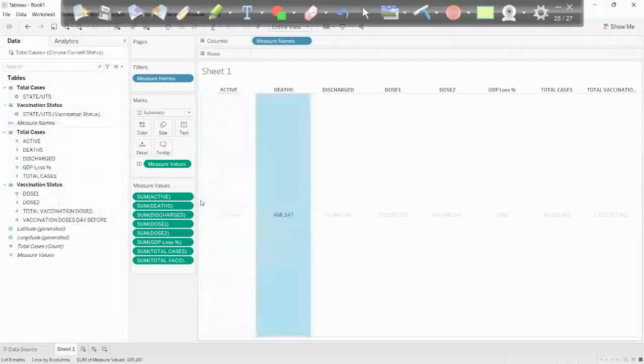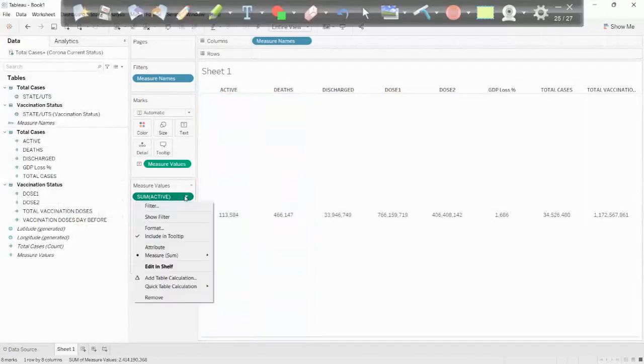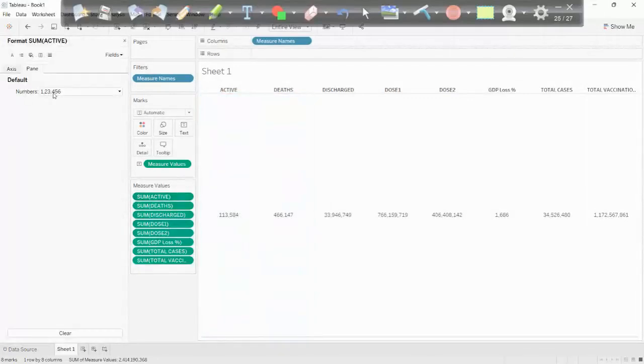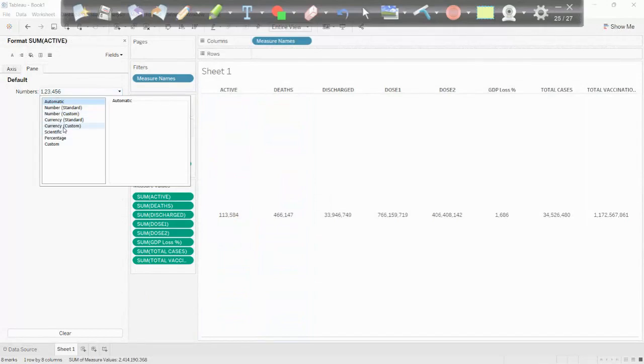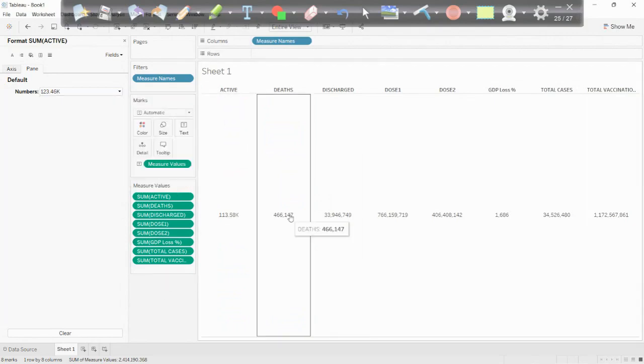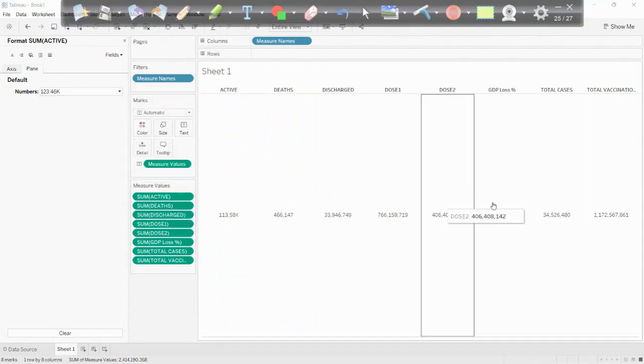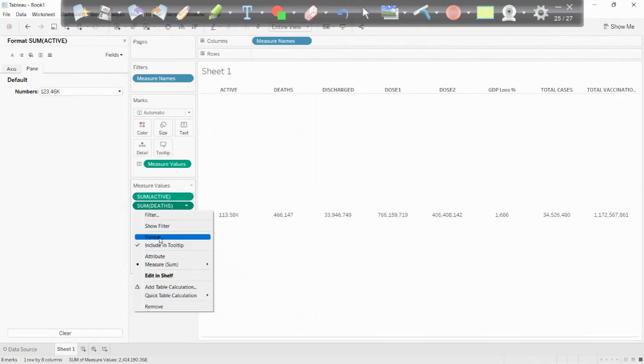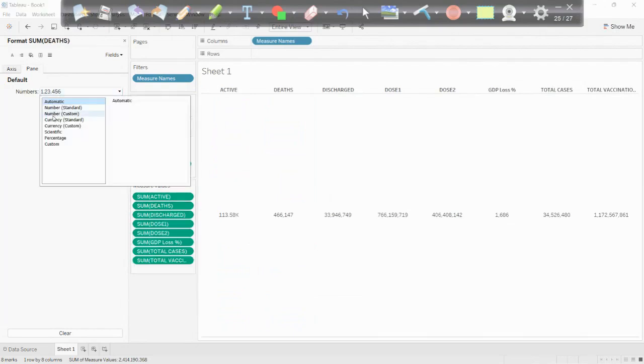So here we have, for example, let's say active cases. Format. I want to show in a number, but in a million or something, or maybe Ks. 113.58K. Same will do for these numbers also. Total number of deaths, number, K,